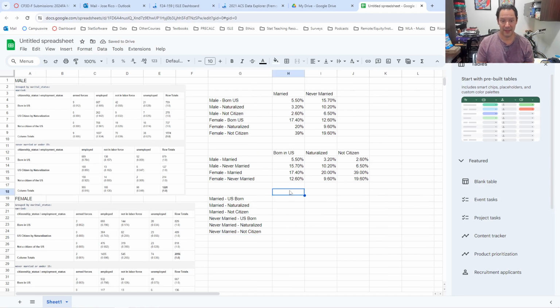You sort of have to think like, how should I do these? I would play around with this because it's worth it to get this right, but it does take some time to figure out how to do this right. So we got male U.S. born, that's 5.5%. Female U.S. born,